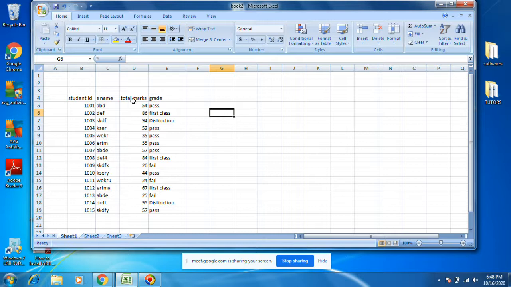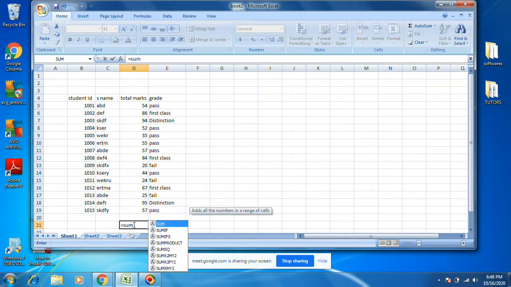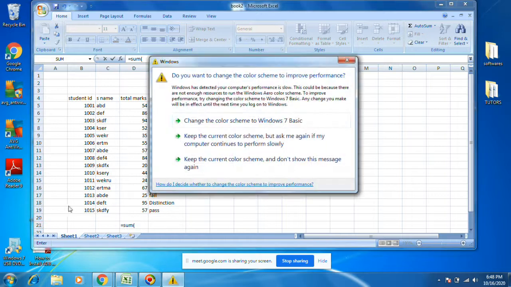Simple IF statement we did. For sum also you can come, is equal to SUM, sum of D5 to D19.